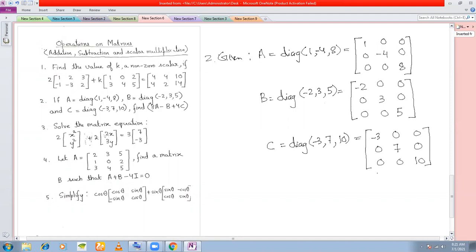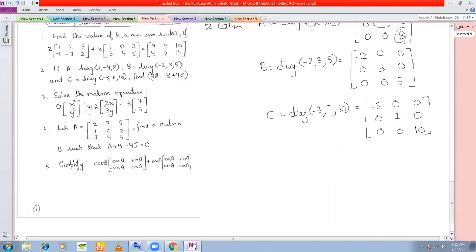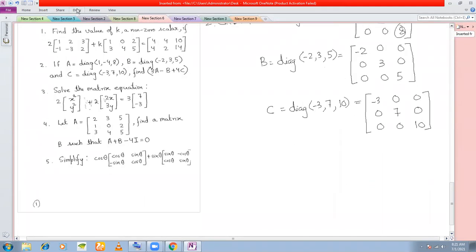Right? Note that I have maintained the order. 1 I have written here, minus 4 I have written here, and 8 I have written here. Okay. This is something that you should know. You cannot change the order here. Okay. The question is, find 3A minus B plus 4C. Let's write this. Therefore, 3A minus B plus 4C